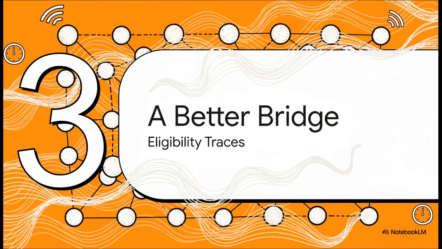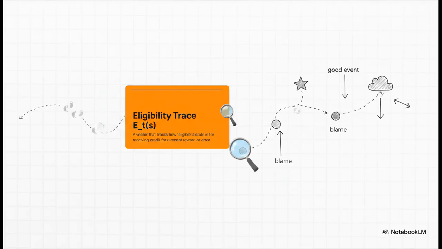And we do this with a really beautiful idea called eligibility traces. Okay, this is a seriously powerful concept. Just imagine this. Every time our agent visits a state, it leaves behind a little memory trace, like a footprint in the sand. And over time, that footprint starts to fade away. Now, why is this useful? Well, when something important happens later, a big reward or a big penalty, we can look back along this fading trail of footprints and assign credit or blame to all the states that led up to that moment. It's like a trail of responsibility.